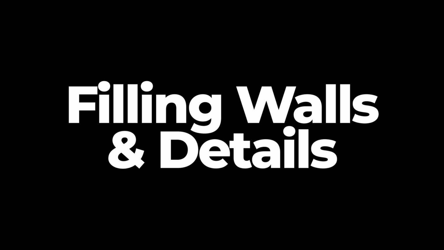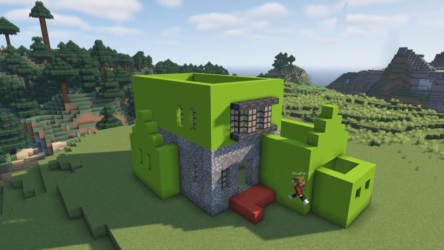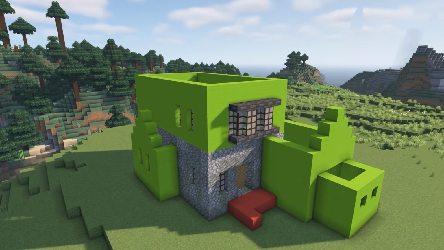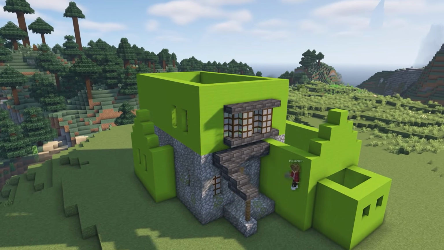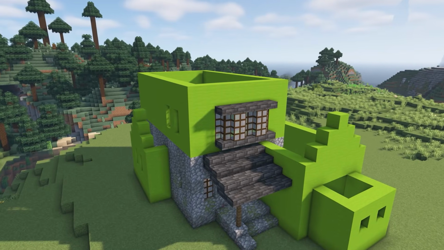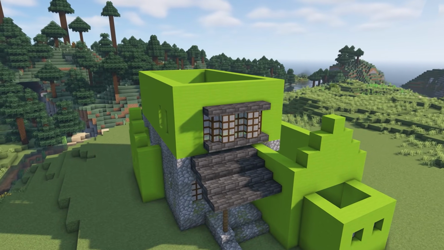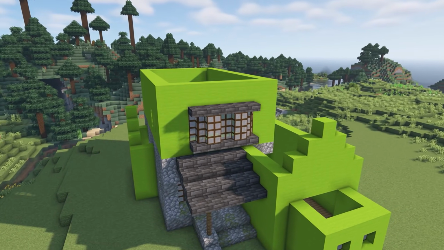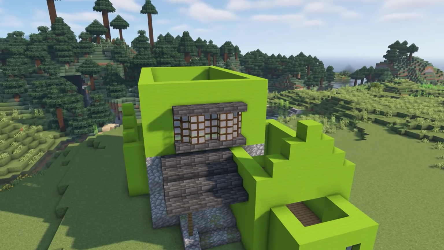Step number 5, fill in walls and details. Now for this part, I like to use what is called the KISS approach. Now don't worry, I'm not going to tell you to kiss your build, but this stands for keep it simple, stupid. And the reason I say this is because there are many people who go crazy on the details, and